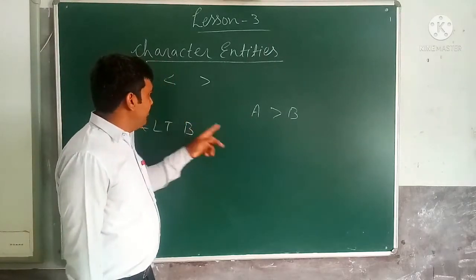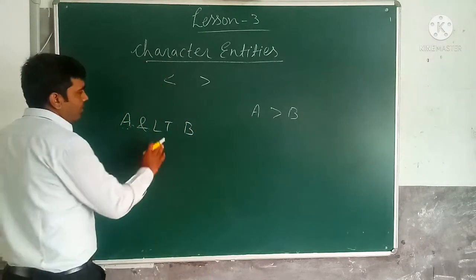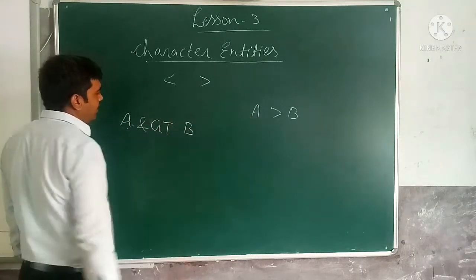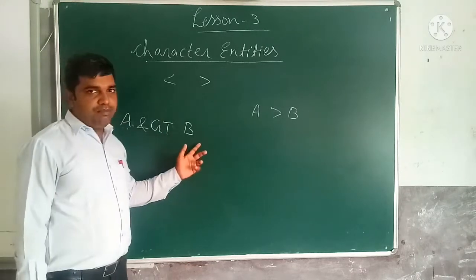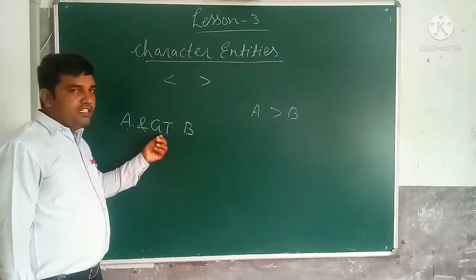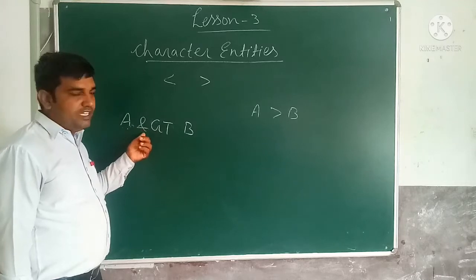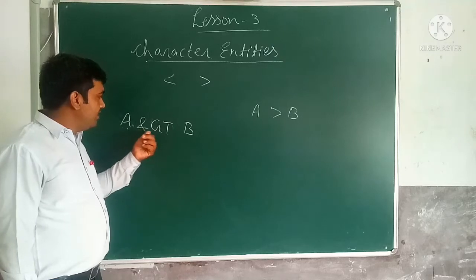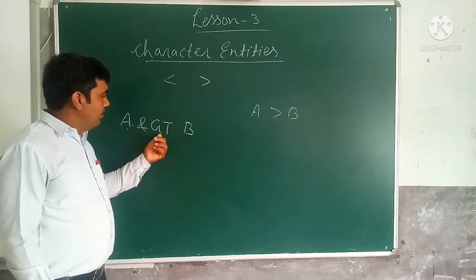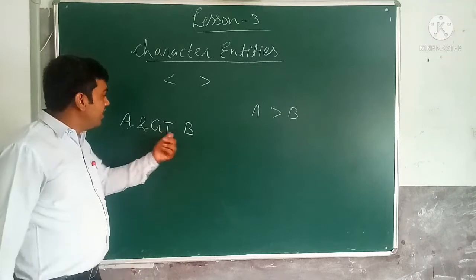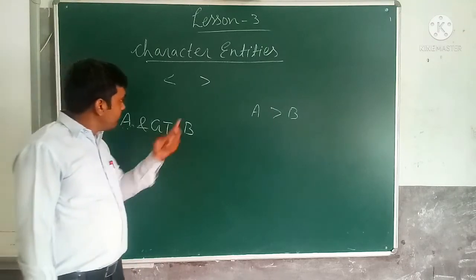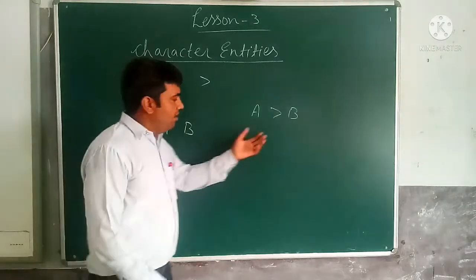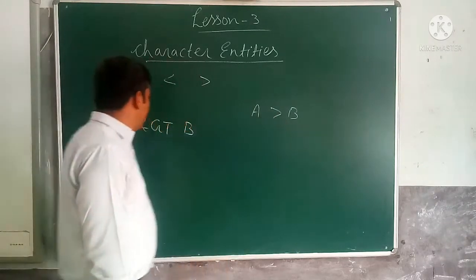Less than symbol. Here it is the greater than symbol. So in its place, you write ampersand GT. After the greater than symbol, A greater than B, so A ampersand GT B. After reading this GT, the browser will understand, because the ampersand says that it has some other meaning. Don't take GT as something special; it means greater than, not some other symbol. So in that place the browser will put the greater than symbol on the web page.